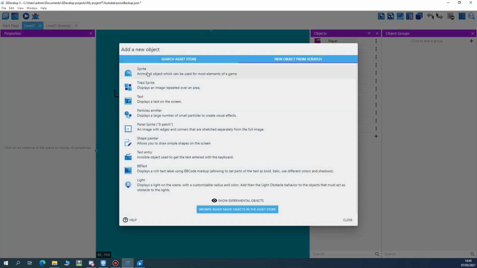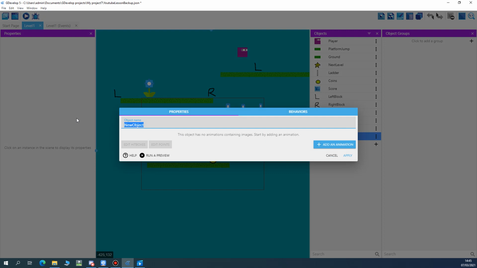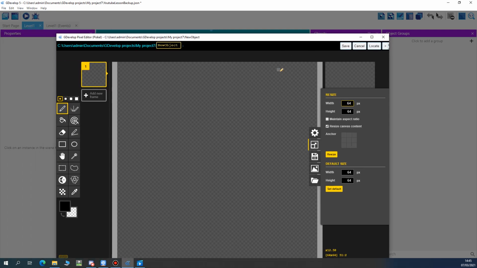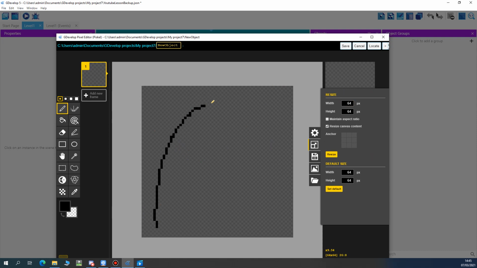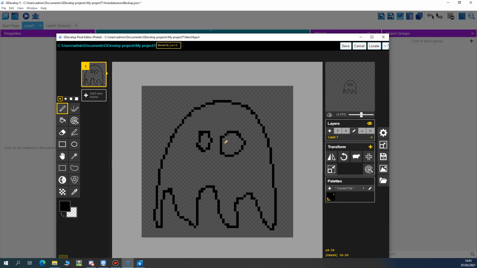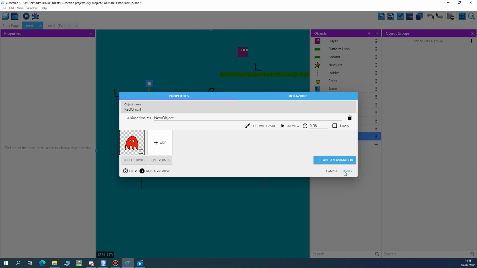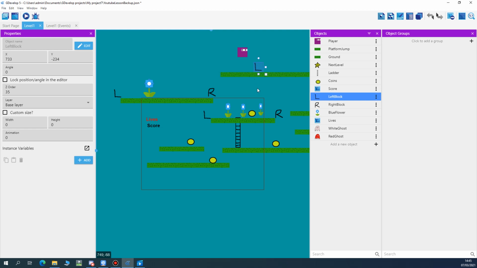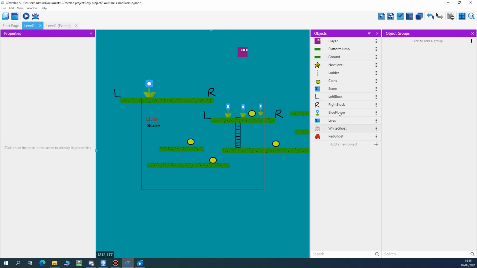I'll add another one in. I'll call it red ghost. I'll do exactly the same, add animation, edit. I'll draw the ghost again, and I'll change the color to red and fill it and save. Okay, I've got two new ghosts, and ahead of the game from where we were last time,